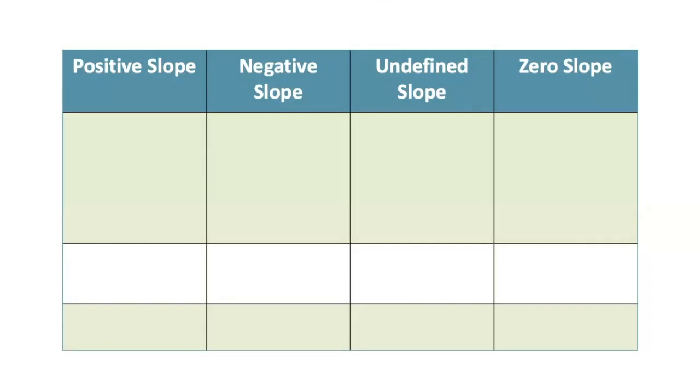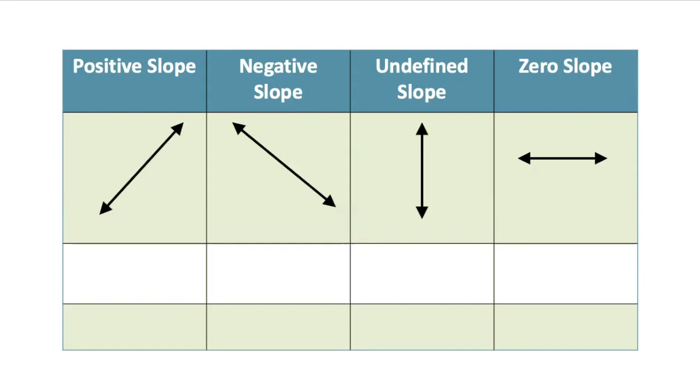When you calculate a slope, there are four different types of numbers you can get: a positive number, a negative number, a number that is an undefined fraction, or zero. Here's what these tell you about the lines. A positive slope will be an increasing line as you read from left to right. A negative slope will decrease. An undefined slope is always represented as a vertical line, and a zero slope would be represented as a horizontal